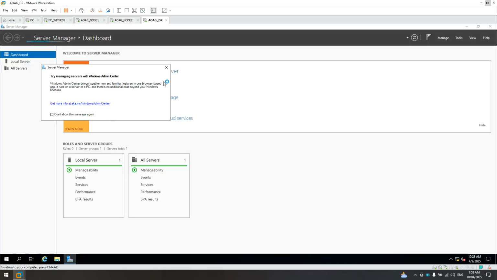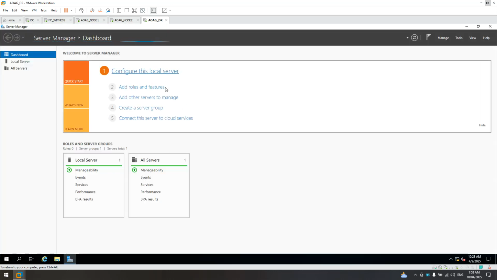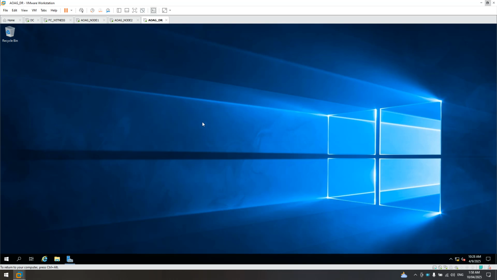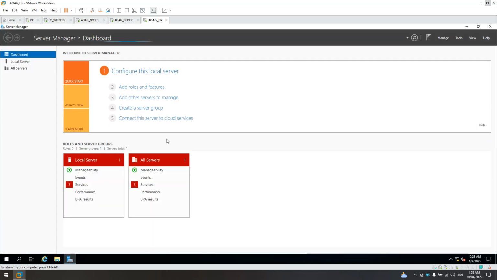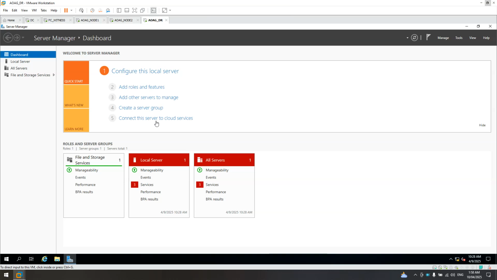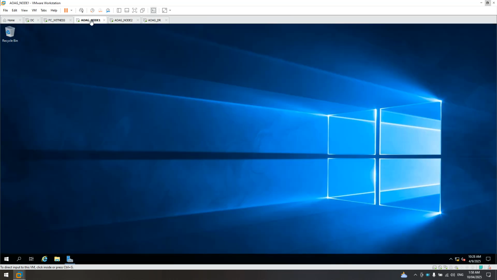Then it will finish the installation. It's still running everything. So the one's still running. Status. Let's go to node 2, node 1. Oh, it's all good. So failover cluster. Let's proceed with node 1.